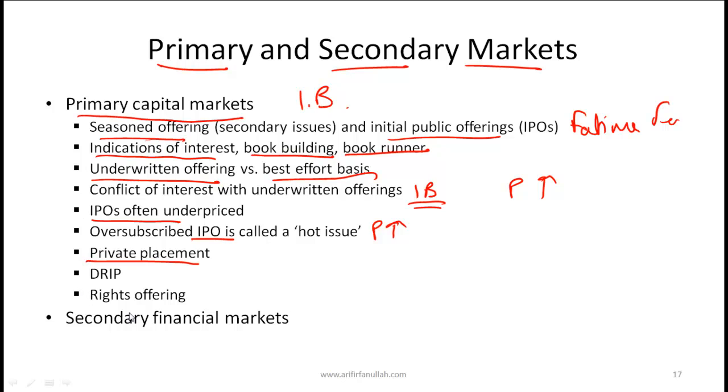Secondary financial markets are basically markets like the Karachi Stock Exchange, the New York Stock Exchange. So these are where shares trade. Now, when shares trade, say FFC shares trade on the Karachi Stock Exchange, this buying and selling, the money does not go to the issuer, which is FFC, but these secondary markets are extremely important in terms of how they support the primary market. If a given share is very liquid, so easily bought and sold in the secondary market, then it is easy to raise money in the primary markets.